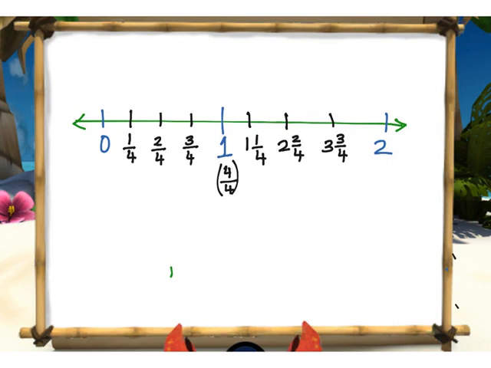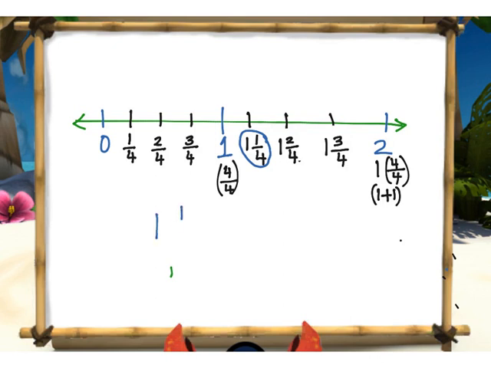Okay, I'll show you. Oops, no, I made a mistake. Okay, so this is 1 2/4, 1 3/4, and this is 1 4/4. So you know 4/4 is 1, so it will become 2. Okay, so 1 plus 1 will become 2. Okay, so this 1 4/4 can be written as,